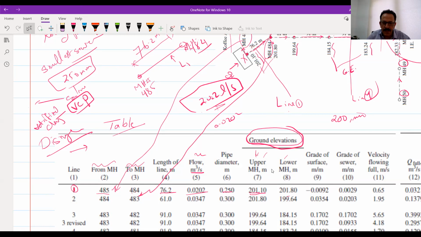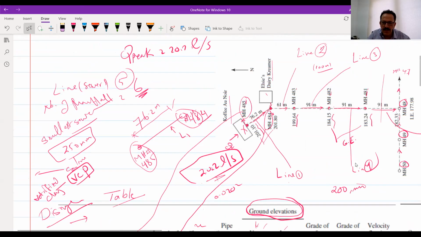And what will be next? It will be from upper and lower. I mean by the upper, the upper of this pipeline, and the lower of this pipeline. What we have here for the upper is 201, and the lower we have 201.8. Then we have 201.1. It means that this area is lower than this one, as in the nature. The ground level, we have 70 centimeters difference. So the level will be like this.